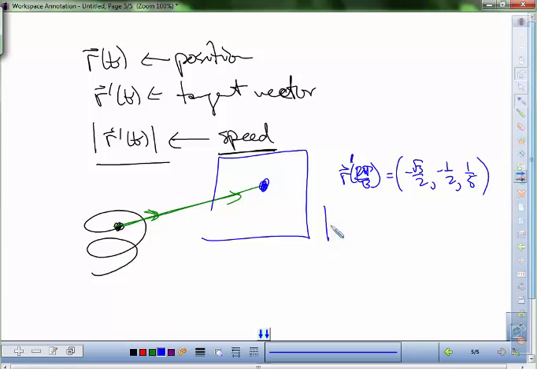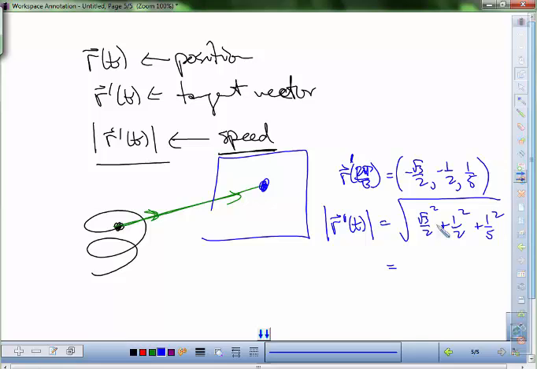And so the magnitude of that is just each of these things squared all under a square root. So root 3 over 2 squared plus 1/2 squared plus 1/5 squared. And I don't care about this number, but